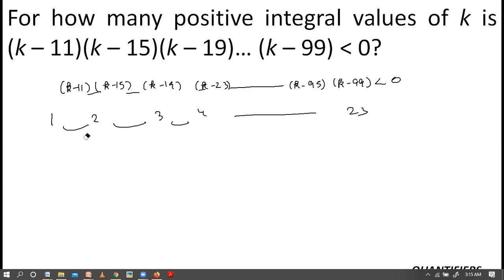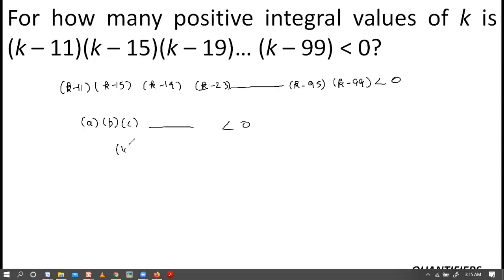Okay. Now I want that the product of these 23 brackets should be negative. Now you tell me that if I am multiplying 23 numbers and I want them to be negative, what is the condition that all of them should be negative? Because we need an odd number of brackets to be negative, only then will the negative answer come, right? If I have, say, 10 brackets positive and the remaining 12 brackets also positive, then my output will be positive. I need negative output, which means I need odd numbers of brackets to be negative for that, right? This is the first condition.